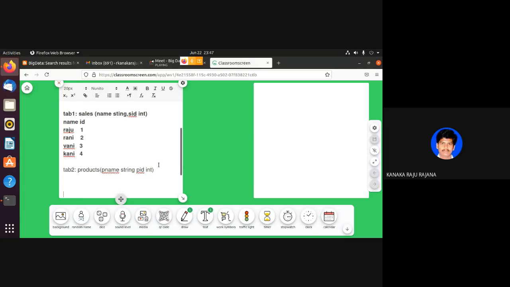So in table 2, what I'm going to do is I'm going to use the product ID first and then the product name. Let us say the product ID is 1, which belongs to, let us say, bat. Product ID 2, which belongs to, let us say, hat. Product ID 3, which belongs to, let us say, ball. And product number 5, let us assume that. And here I'm going to assume